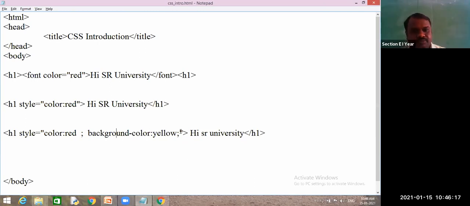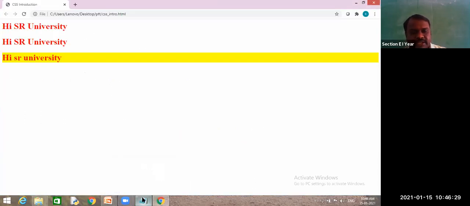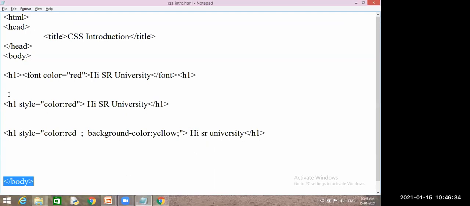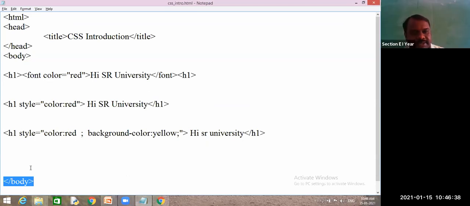Next, guys, this thing you need to write when it is one attribute, and when it is multiple attributes. It is clear. Now we will go for the second concept. What is the second concept? What type of CSS is this? Inline. So among these, which are inline? One or two or three?